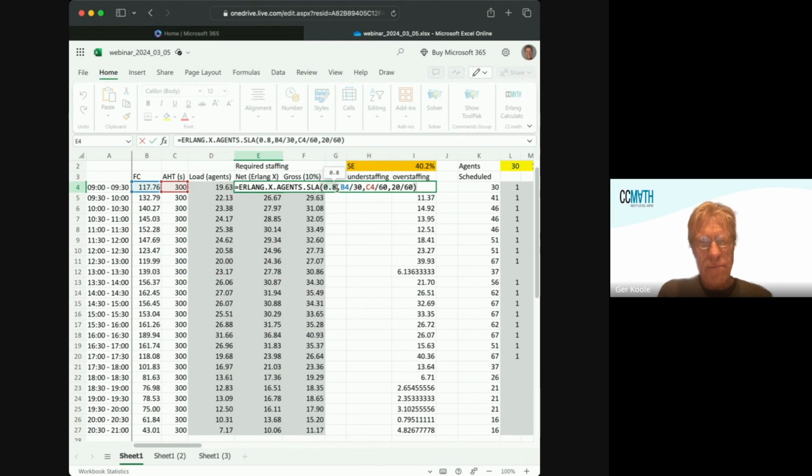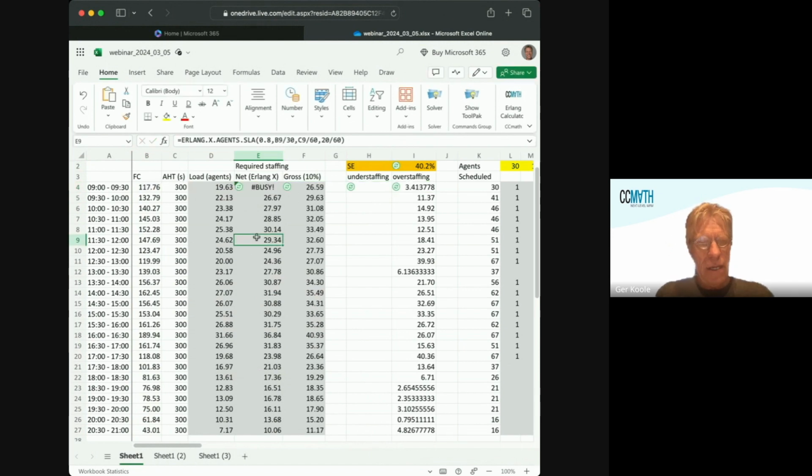But the 0.8 is actually the service level. We require an 80% service level. This last number, 20 over 60, means that you should answer in 20 seconds, and 20 over 60 is that in minutes. And then here the forecast is divided by 30 and the average handling time divided by 60 to make everything minutes. And then the Erlang formula tells you, you saw it was calculating a